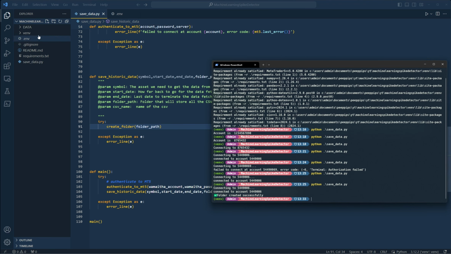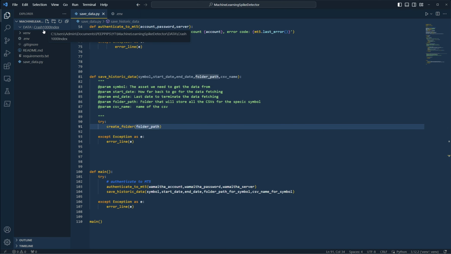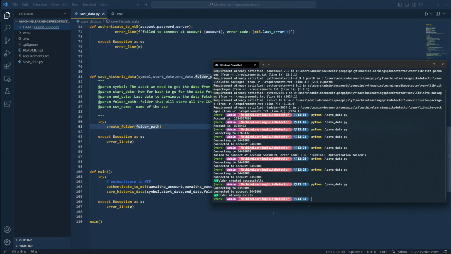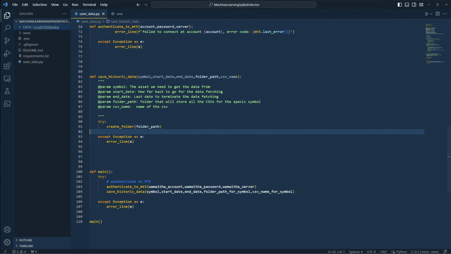So folder created successfully. You can see we have data and then crash 1000 index. If you were to run this again, it will say folder already exists. Awesome. So now going back to actually getting our data,